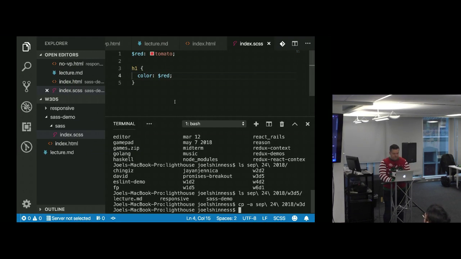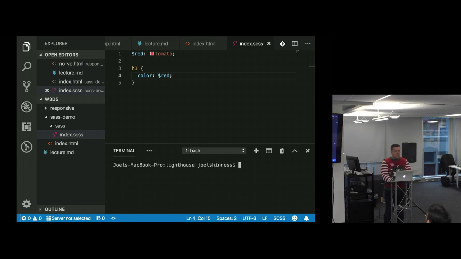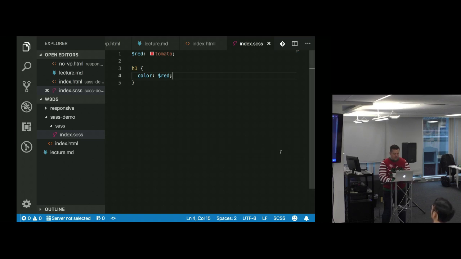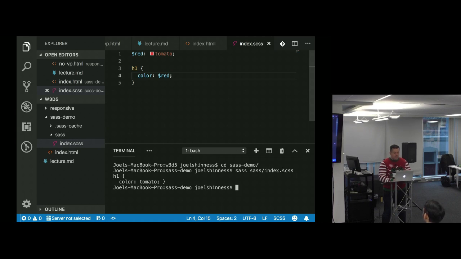So what I'm going to do, I'll say clear here, and cd sass-demo. Am I not? Oh, no, fair enough. There we go. And I am going to run sass index.scss. And this is what it puts out, right? H1 colored tomato. Acceptable. If I look at sass help here,